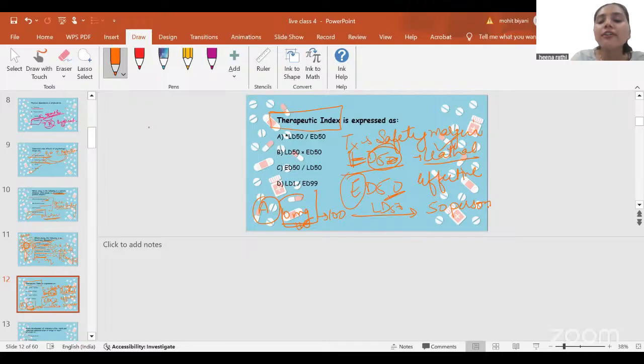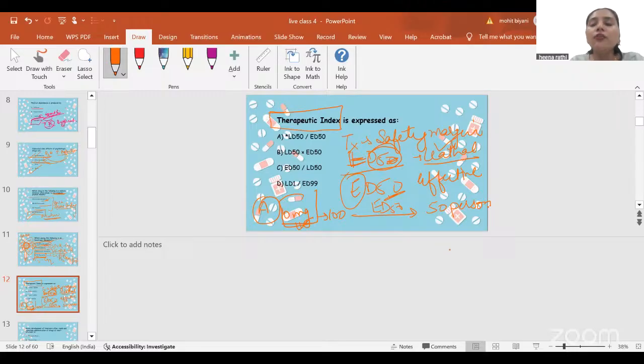Second, effective dose. When this 10 milligram of the drug is producing the effect in 50% out of 100, then this is called the effective dose. When it is producing the effect in 50% of the population, then it is the effective dose. And the ratio of the LD50 by ED50 is called the therapeutic index, which tells about the safety margin